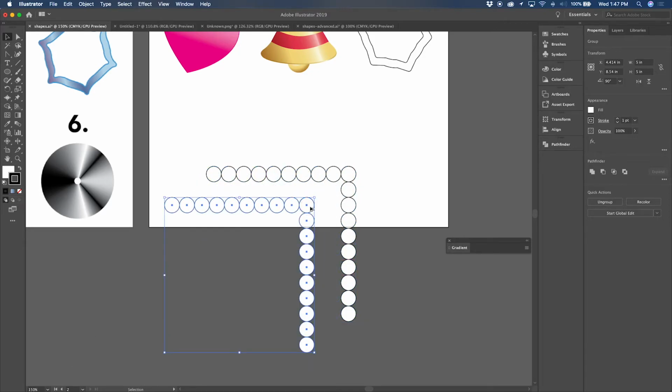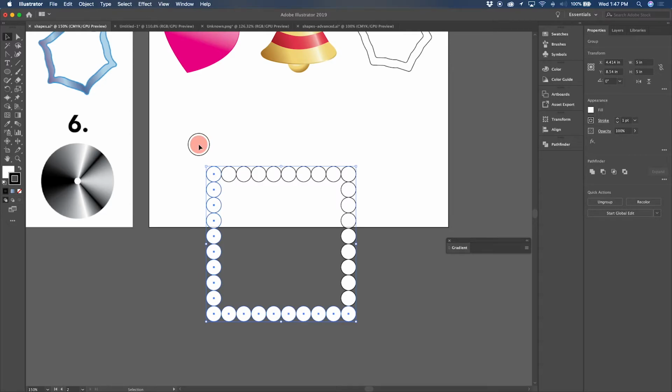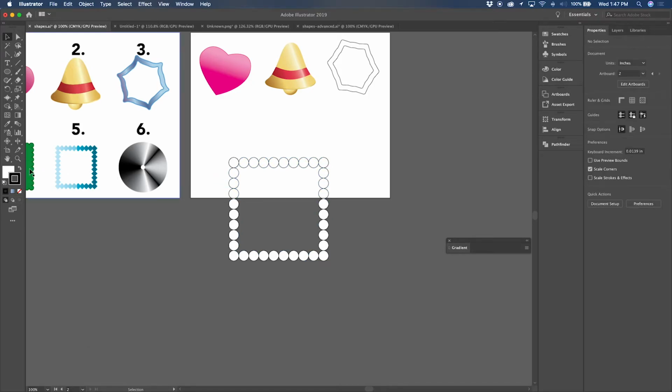Option, drag off, rotate it 180 degrees, line them back up. And now grab all of these and Command G. So there are a bunch of circles there. It doesn't look exactly like this guy